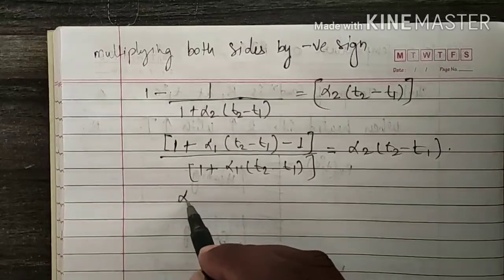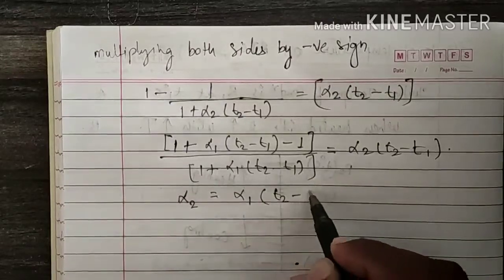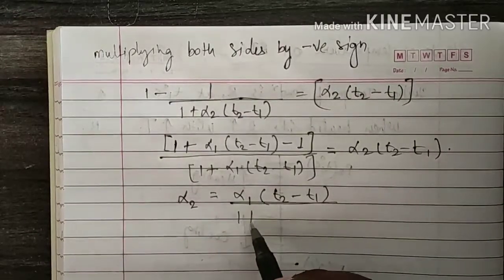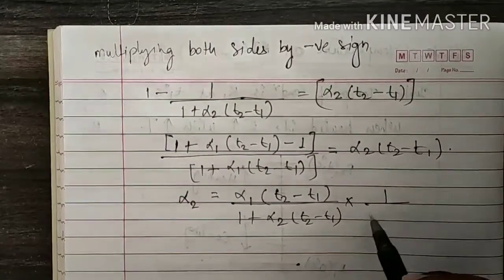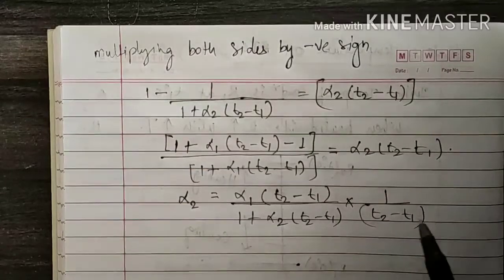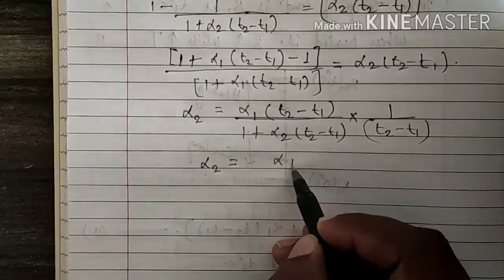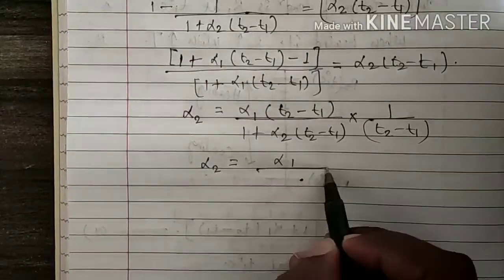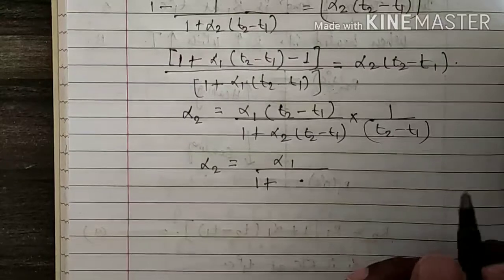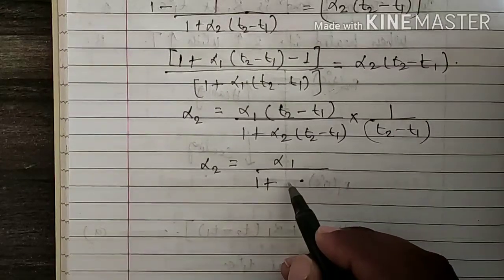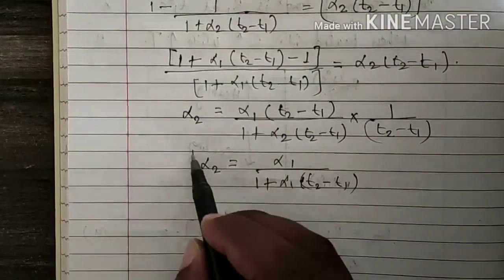Okay, then what will be my alpha 2? Alpha 2 will be the multiplication of alpha 1 (T2 minus T1) divided by 1 plus alpha 2 (T2 minus T1), into 1 by (T2 minus T1). Okay, then alpha 2 is equal to alpha 1 plus... by cancelling, it will get cancelled. Then what will be remaining? 1 plus alpha 1 (T2 minus T1). Okay, so this is the